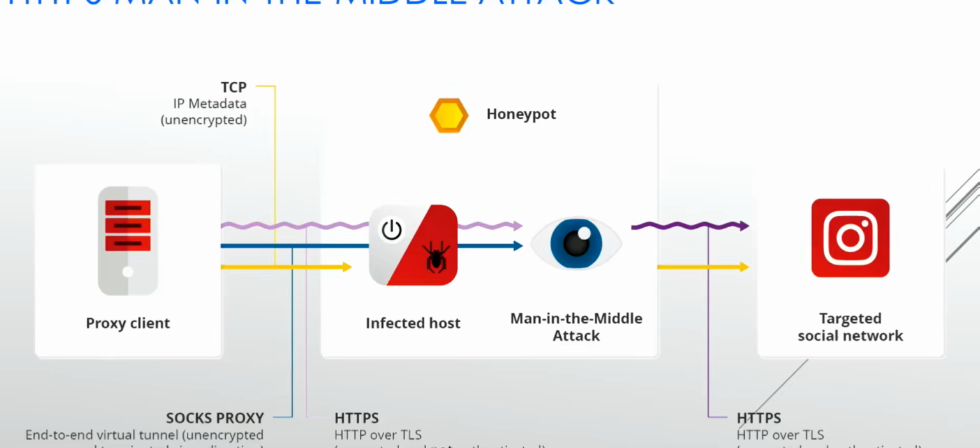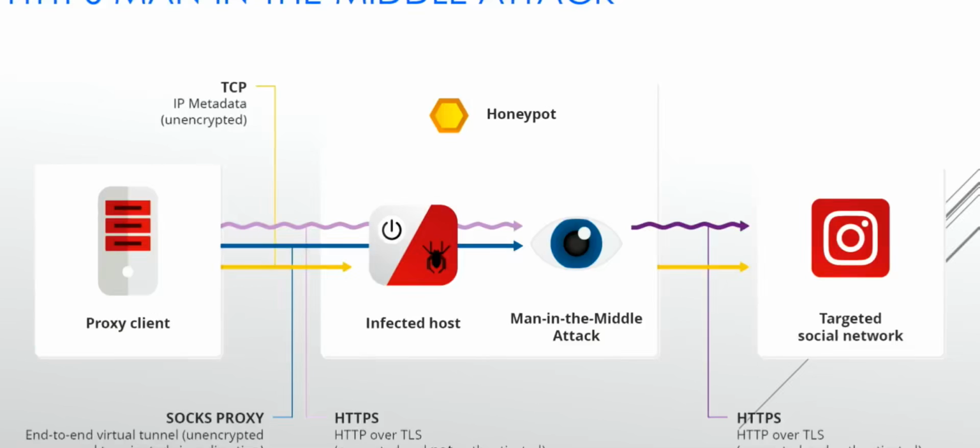But we knew that the malware people, they don't really care about it. All they want is the traffic to reach the appropriate websites. And we kind of crossed our fingers and figured it might work. So this is how we mounted it. We added that process, used iptables to redirect to the man-in-the-middle attack tool, which I mentioned earlier, mitmproxy. And then this terminated the HTTPS connections and recreated a new one with the targeted social network.